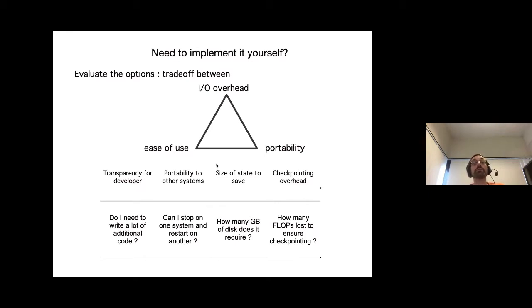And there are typically a couple of questions that you need to ask yourself when you are going to implement checkpointing inside your code. Is, of course, how much it is going to cost you. That's what I call here I/O overhead. So how much time does it take to save the state? And how often do you want that state to be saved? Of course, the less often you save the state, the less useful it is, because you have less reactivity, obviously. But of course, you don't want your code to spend 50% of its time saving its state and 50% of its time making the computations.